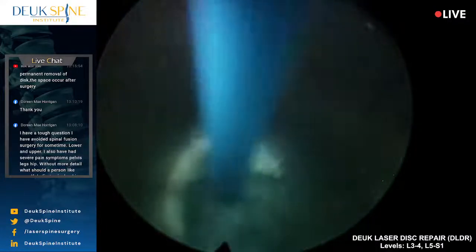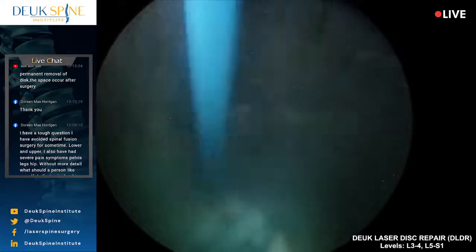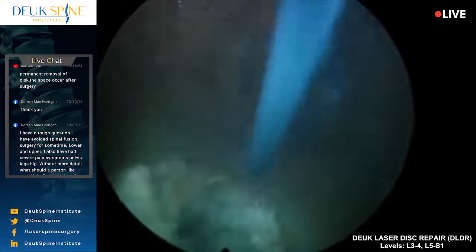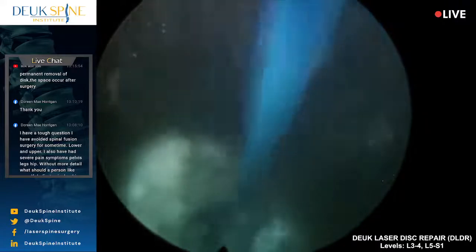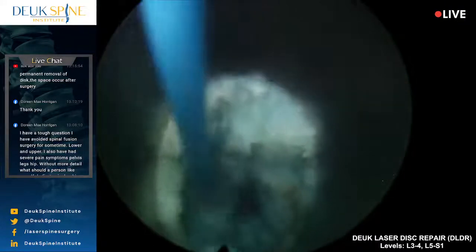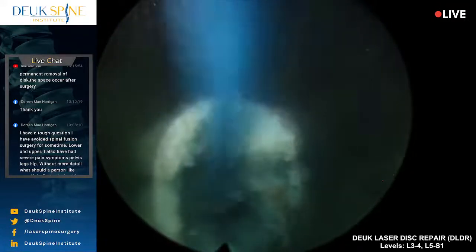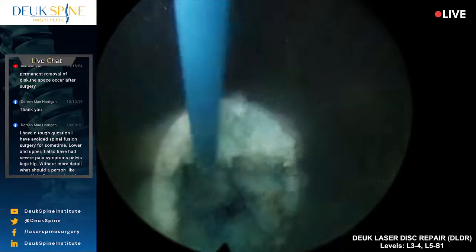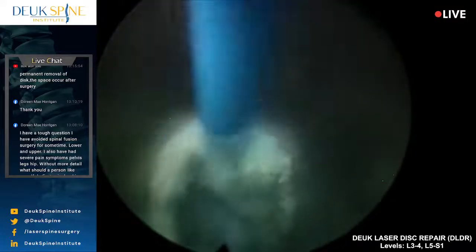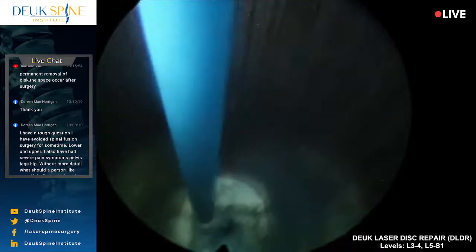Just for reference, that tube side to side that you're seeing is the tube that we're working through. That tube is 7 millimeters on the outside, one side to the other. So the internal diameter of this tube is actually around 6.3 millimeters. That's almost just less than 6.5 millimeters. So side to side is 6.5 millimeters. The fiber, the blue fiber, is about 1 millimeter, and the glass tube right there is 0.5 millimeter side to side. So this glass fiber is 0.5 millimeter, and the laser energy is created by a machine here